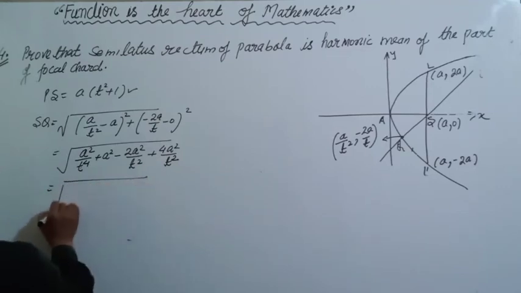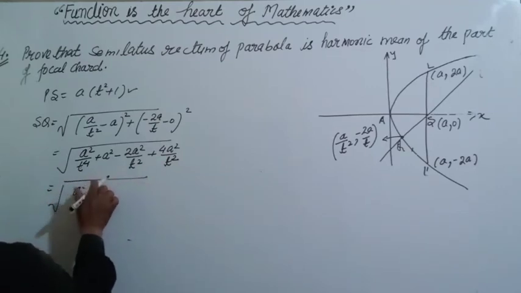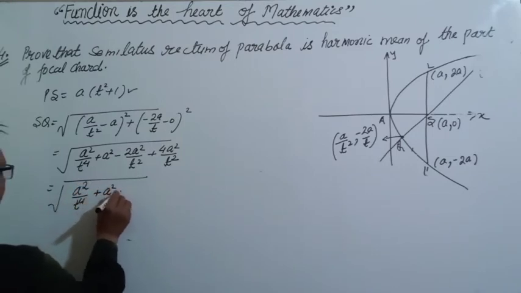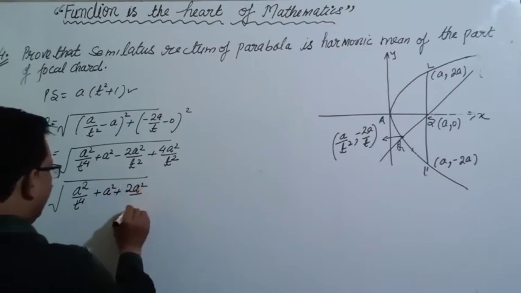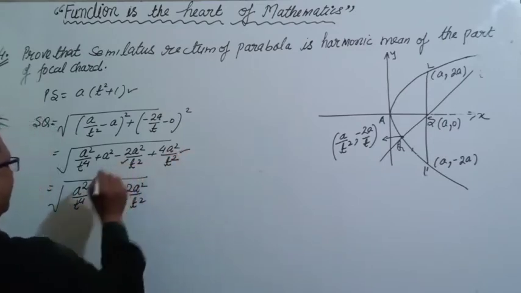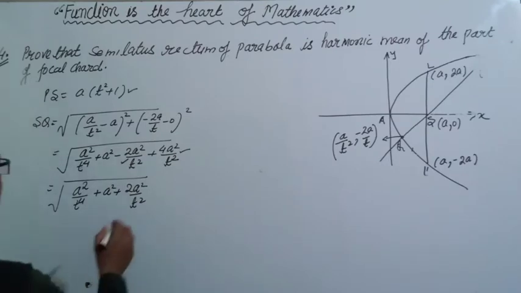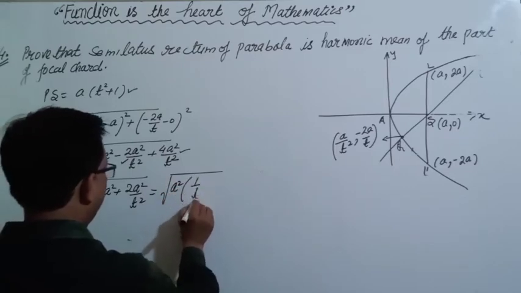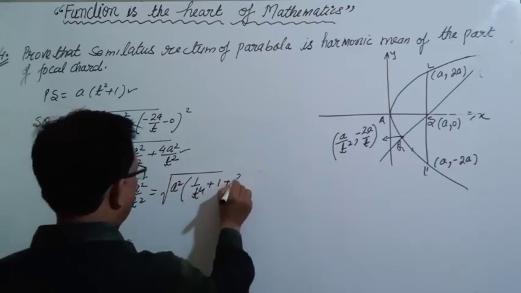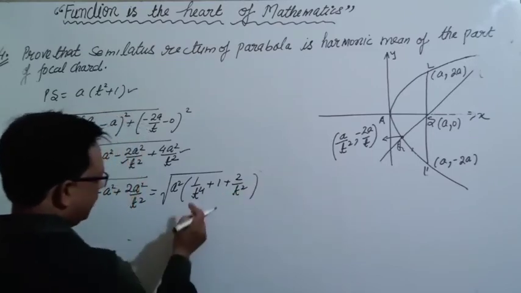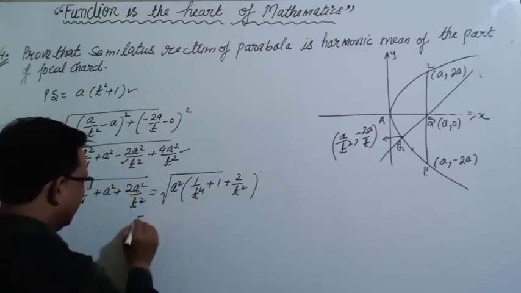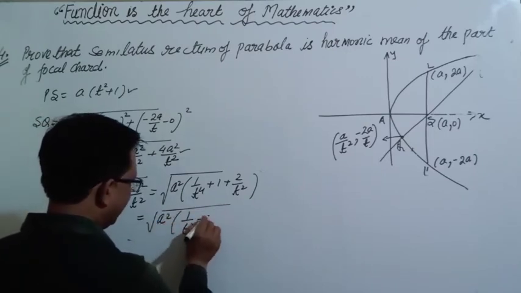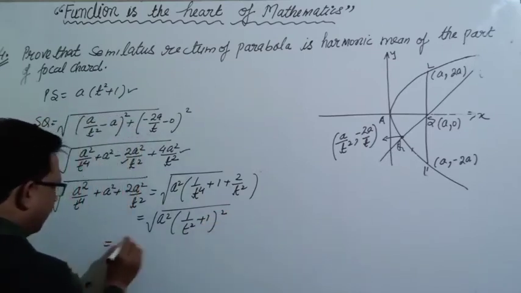Now we solve this: a² upon t to the power 4 plus a² plus 2a² upon t². Same thing, taking a² common, in the bracket 1 upon t to the power 4 plus 1 plus 2 upon t². This is the formula a² plus b² plus 2ab. So this is also a² times (1 upon t² plus 1) whole square. Now after solving this,